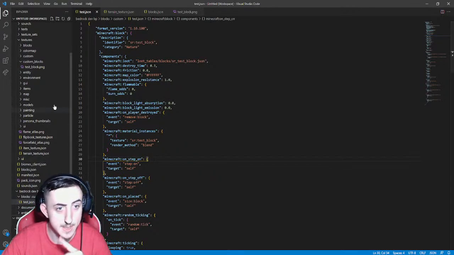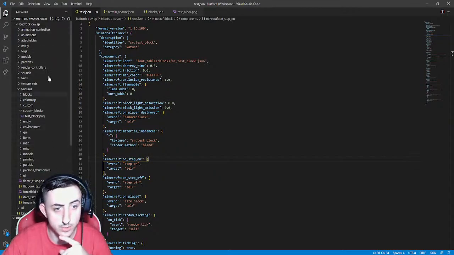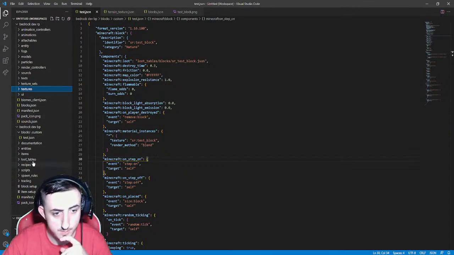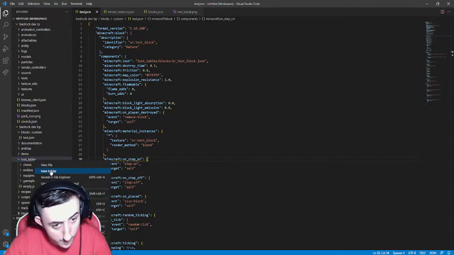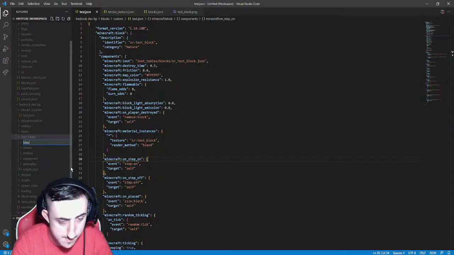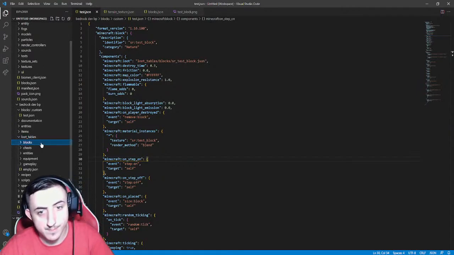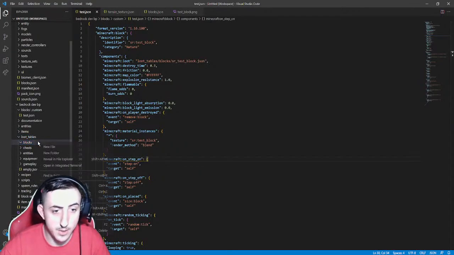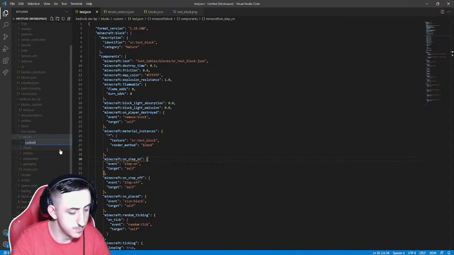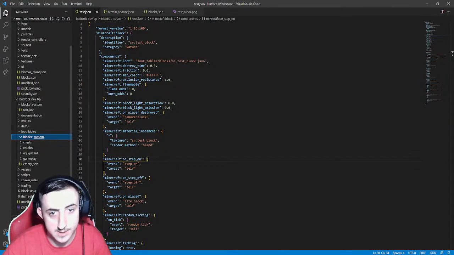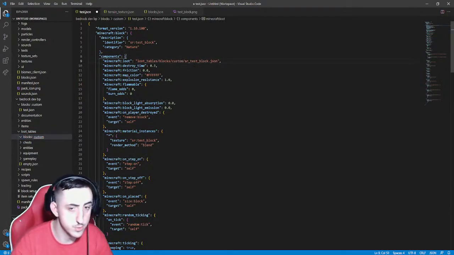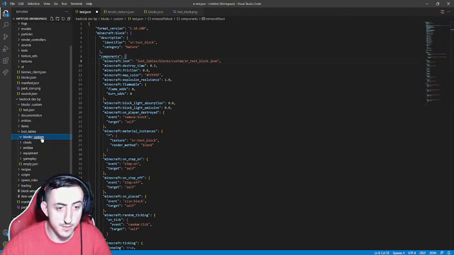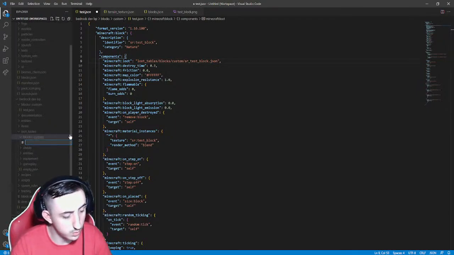Let's go to blocks. So let's go to the loot tables, which should be in here. There they are, loot tables. Let's make a new folder then, and let's go to blocks. Like that, because it's inside of blocks. Now let's go inside of blocks, make a new folder and call it custom. And then if we just add an extra one in here and call it custom, so it knows where to find it. Now inside of custom, we're going to make a new file called